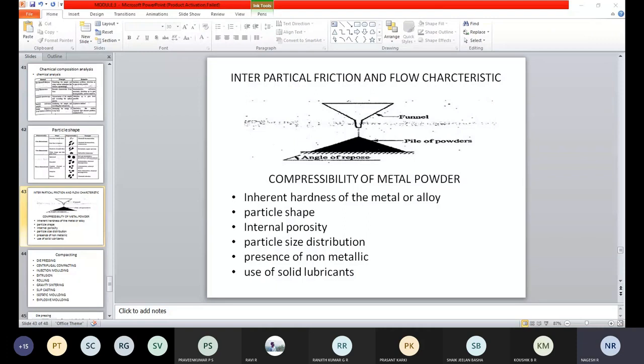See, what do you mean by compressibility? You didn't say. What do you mean by porosity? Sir, to remove air. To remove air. Okay. Then